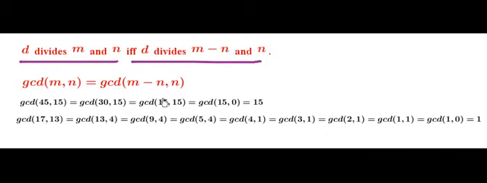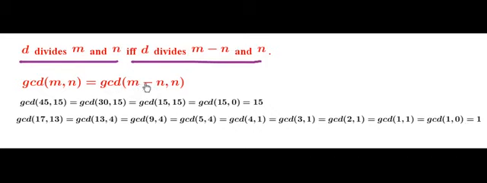So we are getting correct answers, that is fine, but the next question is, can we do better than this? So in order to answer this particular question, we need to first understand this recurrence more deeply. So let's try to understand it. What we are doing in the first parameter is nothing but repeatedly subtracting n from m, and we are assuming that m is greater than n, so we can do this.